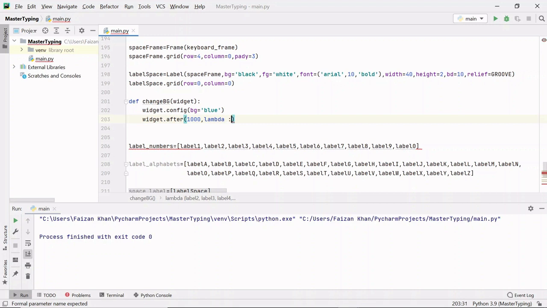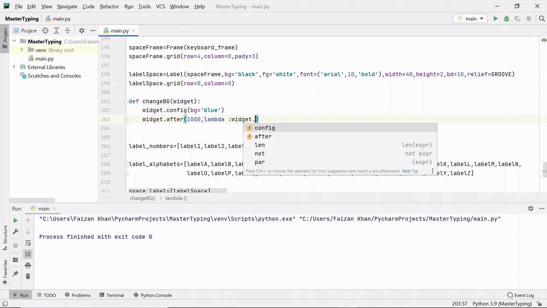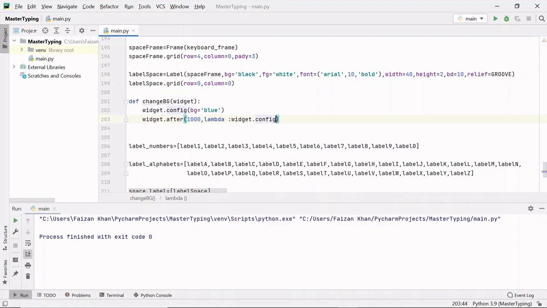So I'll use colon, and then the expression will be widget.config method, and here I'll simply pass background equals to black. So after 1000 milliseconds, which means after 1 second, the color of the widget, means the color of that label, will be changed to black.